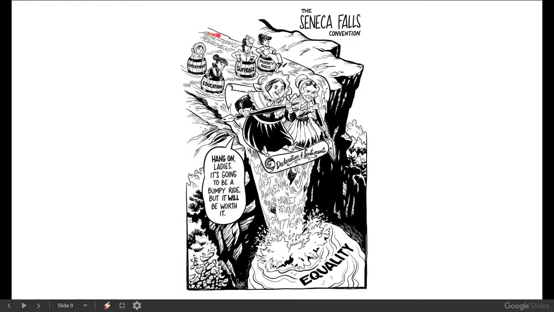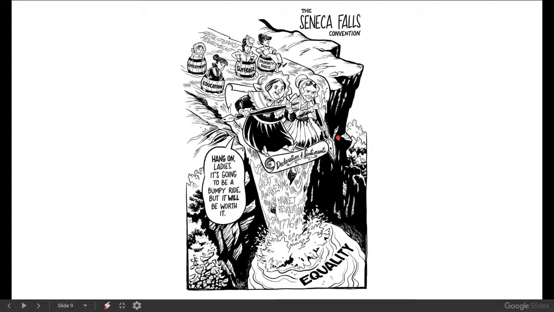And then right up here, we have the abolitionist movement, another stepping stone for women to get involved in this greater women's movement. Okay, and all of these are going to help women get down here to equality. All right, and we have Elizabeth Cady Stanton and Lucretia Mott, who are paddling with their pens and writing the Declaration of Sentiments, that really important document from the Seneca Falls Convention.